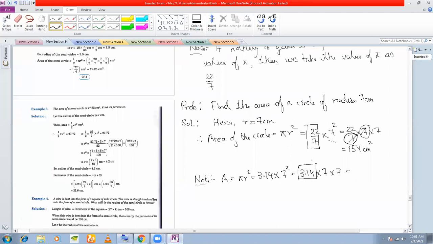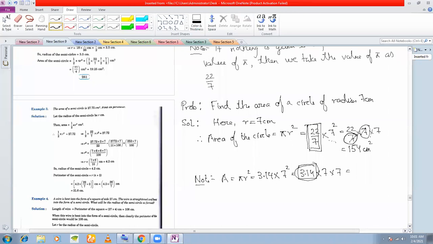So you can take the value of 3.14, you will get your marks, no problem, but your calculation will become difficult. So it is better you take 22 by 7. When you see that certain 7s in the denominator will cancel, or because of some convenience that you see, which you will get with practice, then you take the value of pi as 22 by 7.